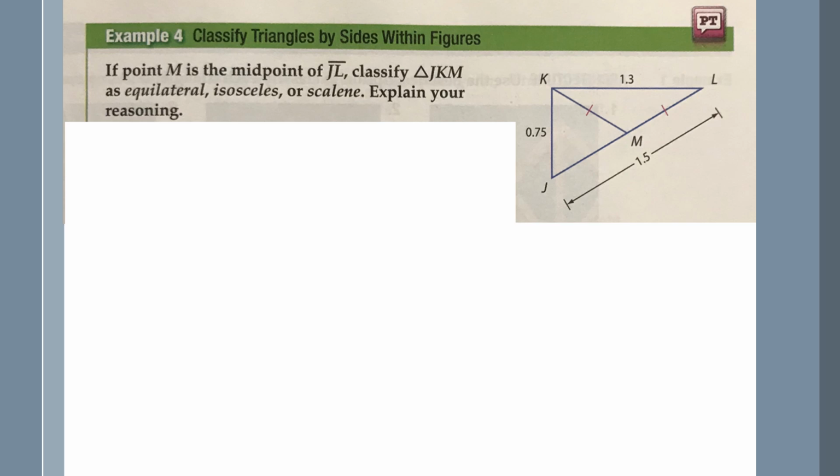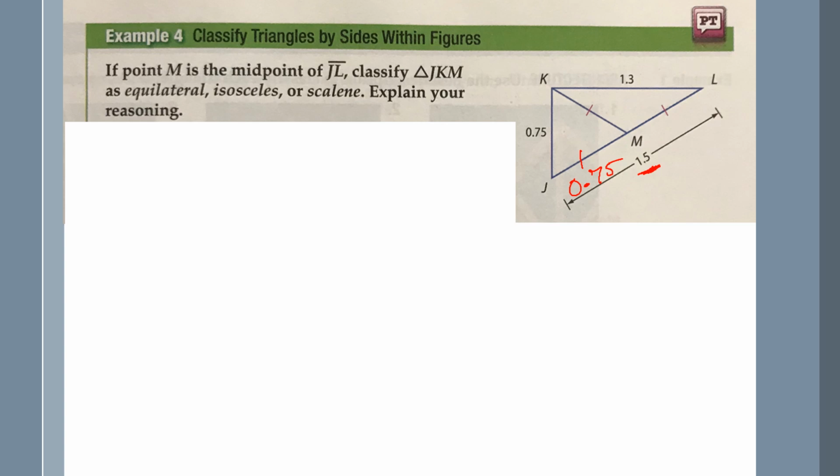Okay, if M is the midpoint of segment JL, classify triangle JKM as equilateral, isosceles, or scalene, and explain your reasoning. Well, let's mark some things here. So if M is the midpoint of segment JL, that means these two pieces are equal in length. And since that's the midpoint, and this distance here is 1.5, I would divide that in half and find out that this segment here is